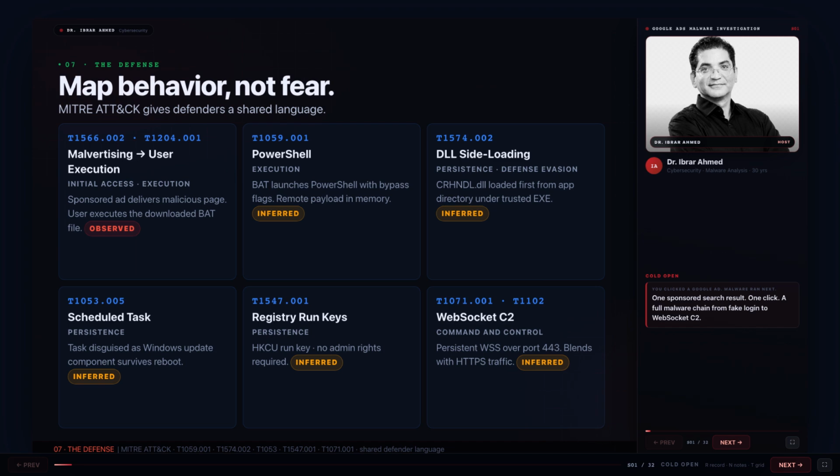MITRE ATT&CK gives defenders a shared language for detection engineering, SOC playbooks, and threat intel sharing. Initial access, Malvertising, T1566.002. User execution, the bat double-click, T1204.001. Execution, PowerShell, T1059.001. Persistence, scheduled task T1053.005, registry run key